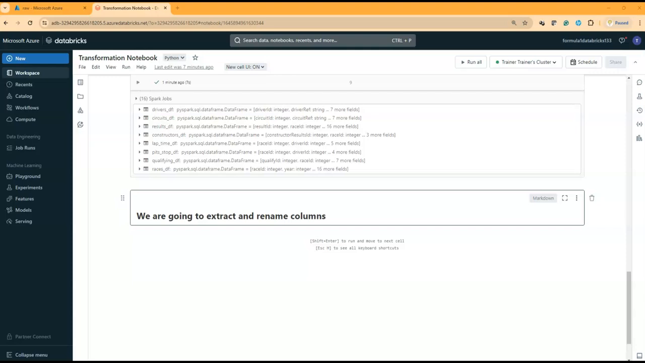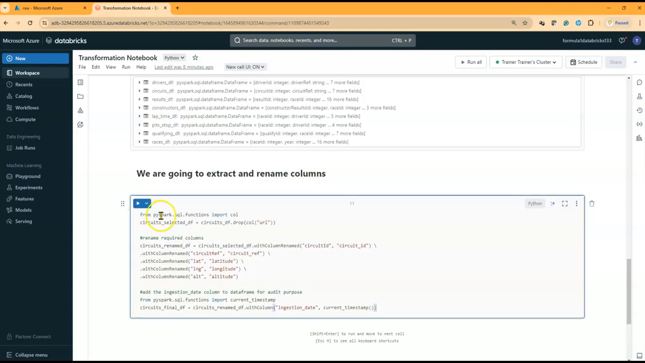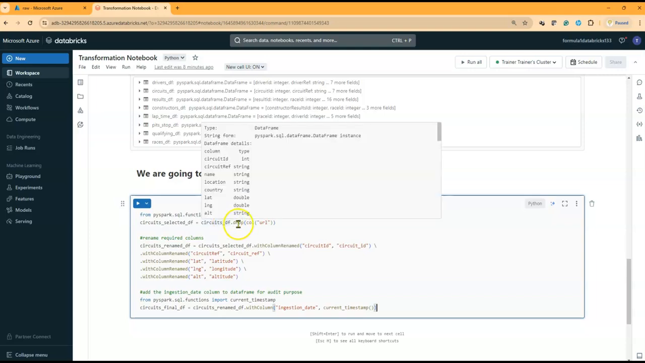Okay, so now at this point of time, what I'm going to do next is add one more code part here, and under this code, I'm going to call some packages. So inside this, I'm using from pyspark.sql.functions import col. Then I'm using circuits_selected_df equals circuits_df.drop, column